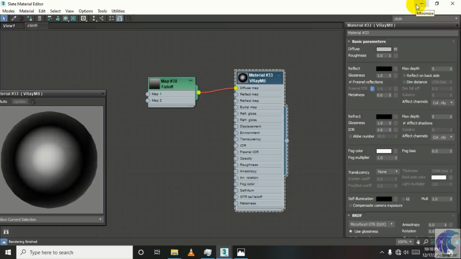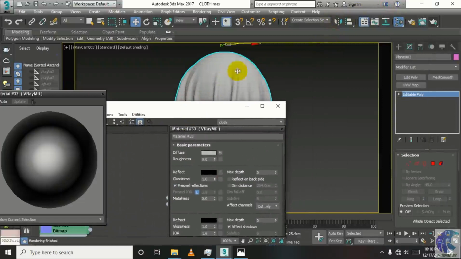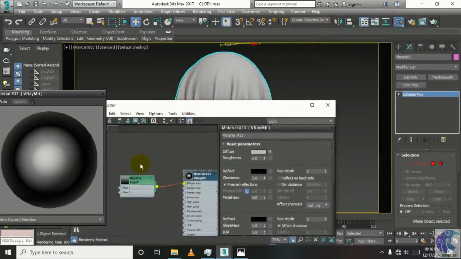So let's start our interactive rendering and see what happens.